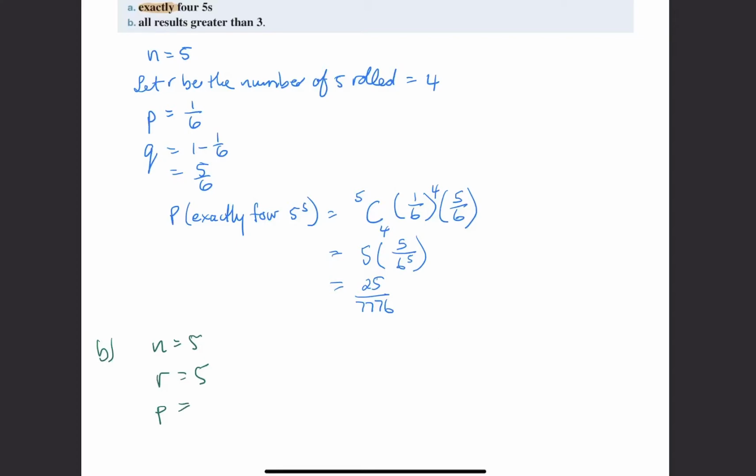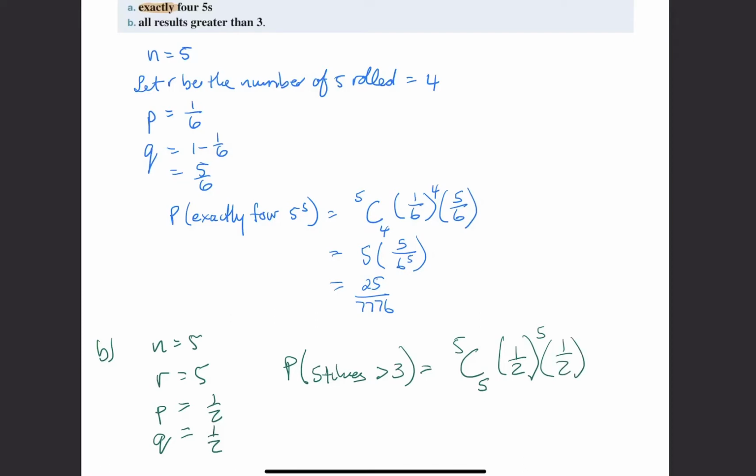What's the probability of getting a value greater than 3? Greater than 3 is 4, 5, and 6, which gives you a half. That means that Q is also a half. So if I've got to calculate the probability of getting a number greater than 3, 5 times out of 5, I need 5 rolls to be greater than 3. The probability of getting a value greater than 3 is a half. So you need to get that 5 times in a row,